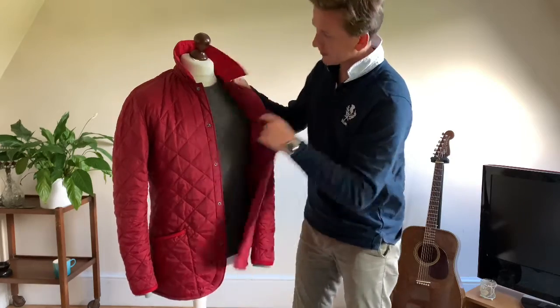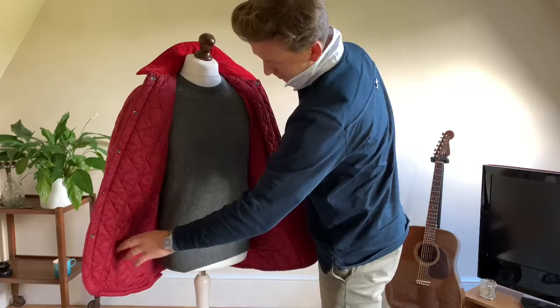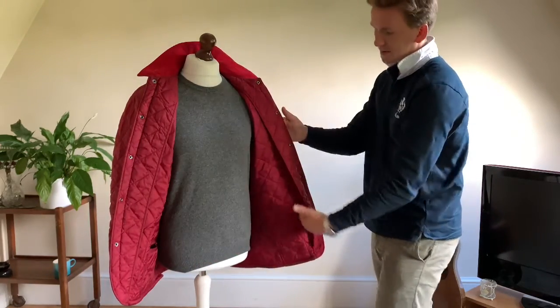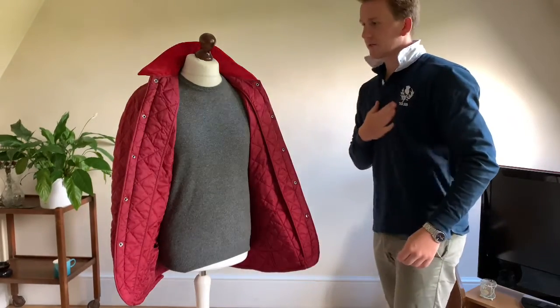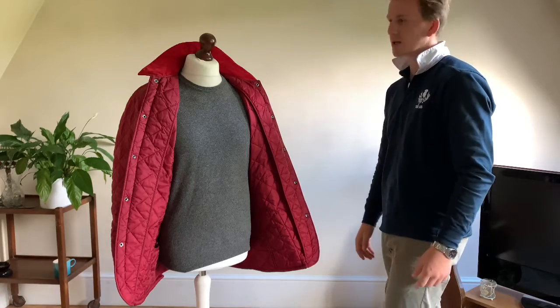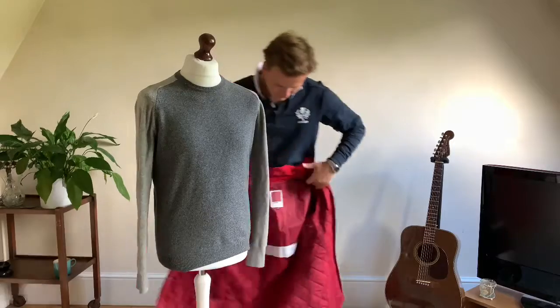I'll open this up. You can see one internal pocket here, one zipped as normal. You have your flaps this side as well, just for a little bit more protection on the front, I believe, and a bit more stitching. It just brings it all in. Absolutely lovely. I'm going to take this off the mannequin, so you can see